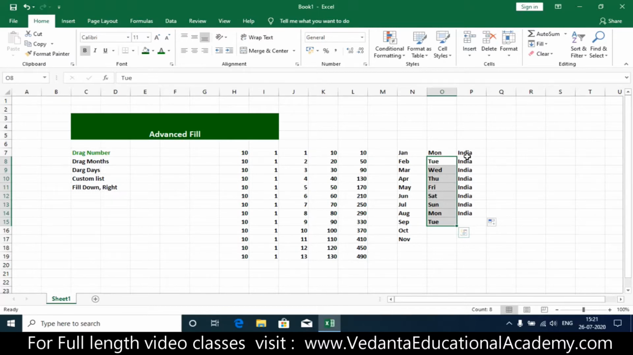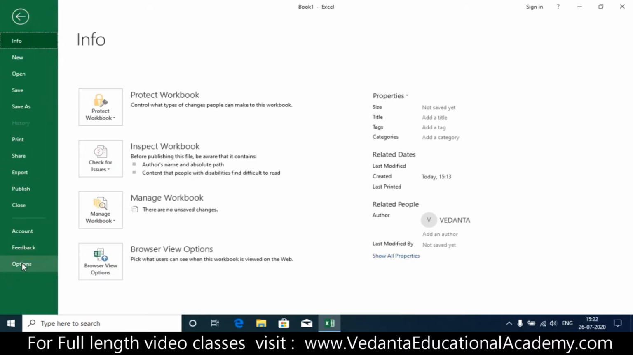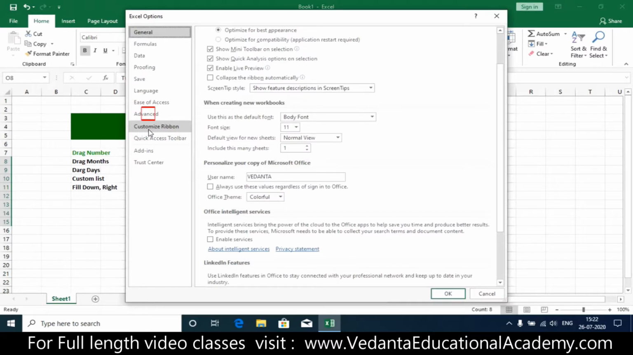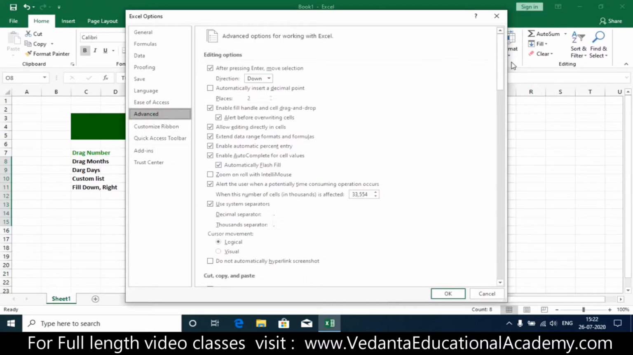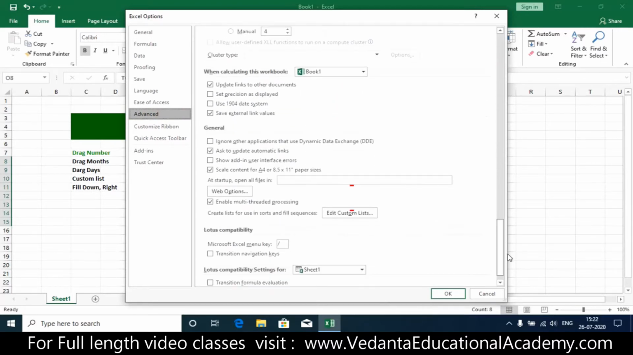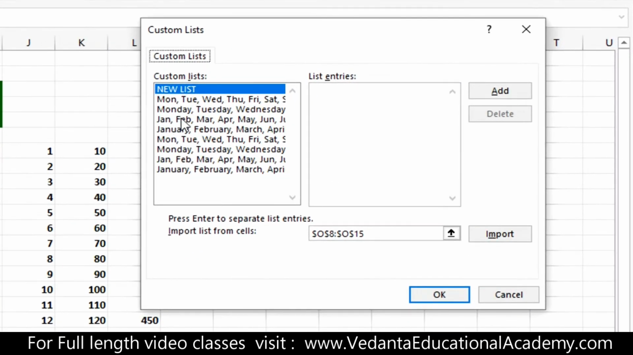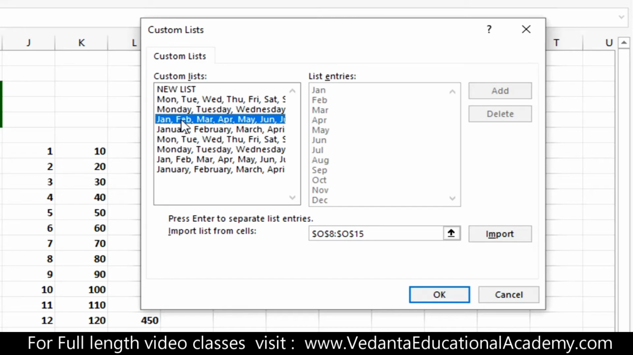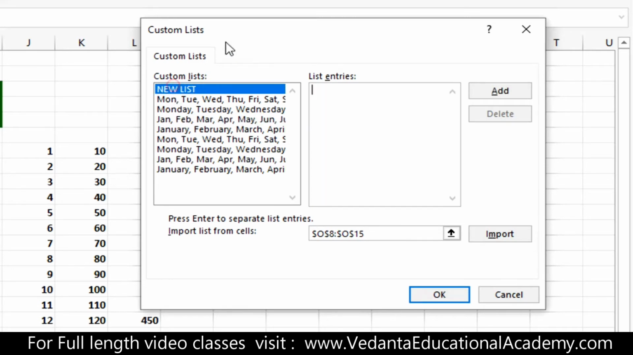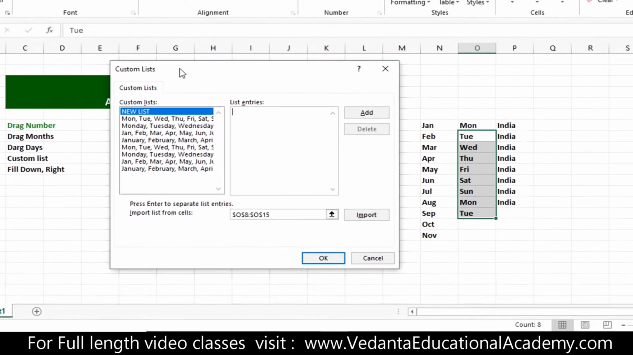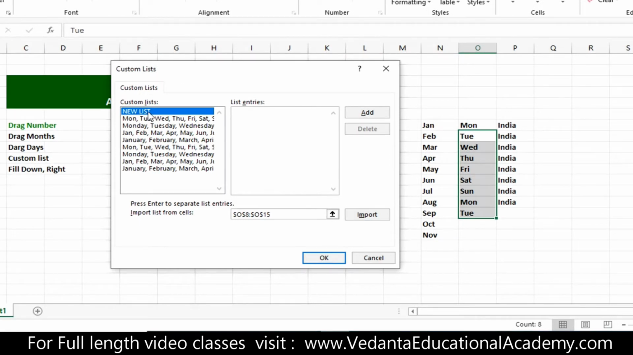So if you want to add your country list, simply go to File and then Options. There you find the option called Advanced, and use the scroll down to come down. There you may see Edit Custom Lists. When we type January, the system automatically fills the remaining months because all the months are already given to the system. So now we are going to create a new list for countries. I would like to add around 5 or 6 countries. So simply select New List and type the names: India,